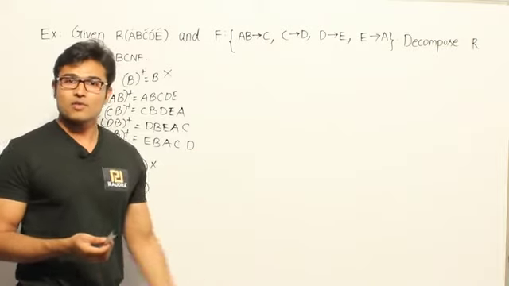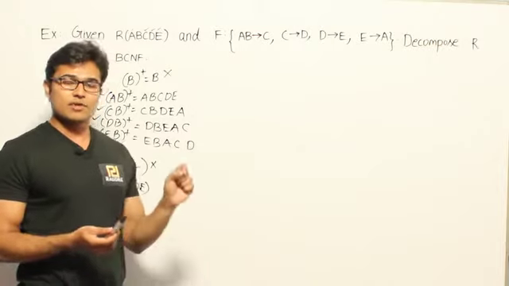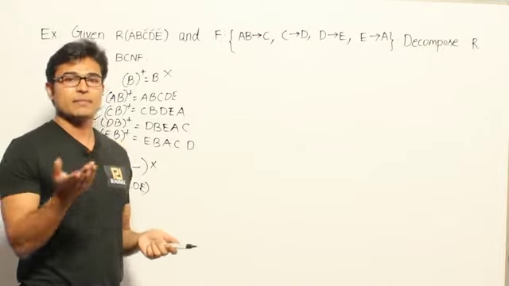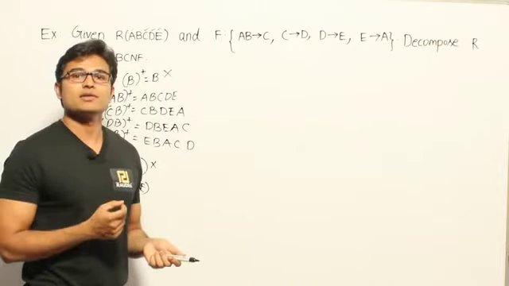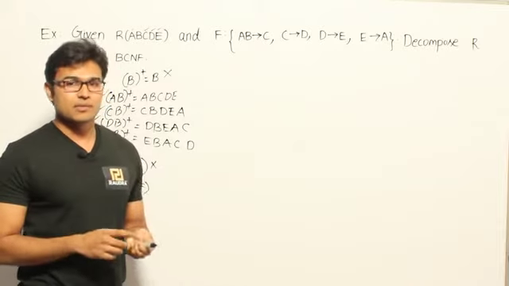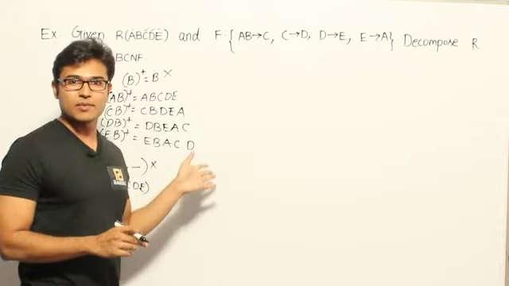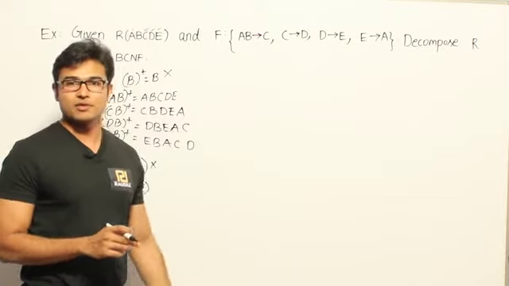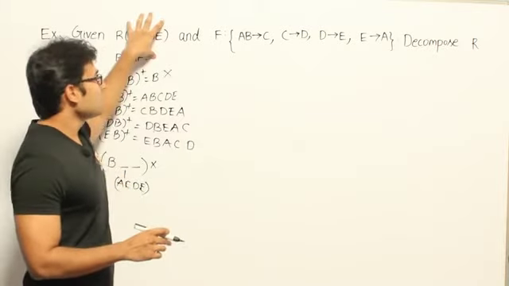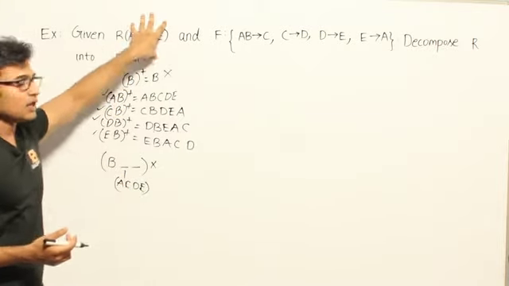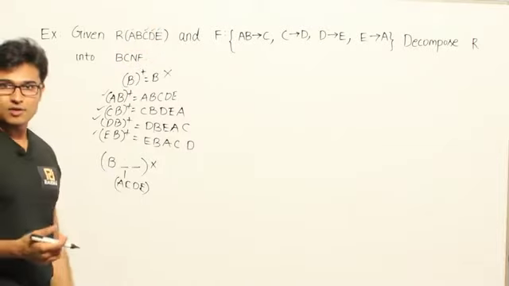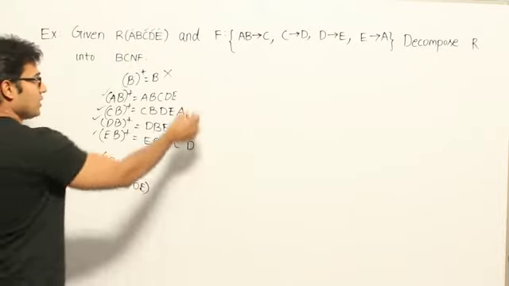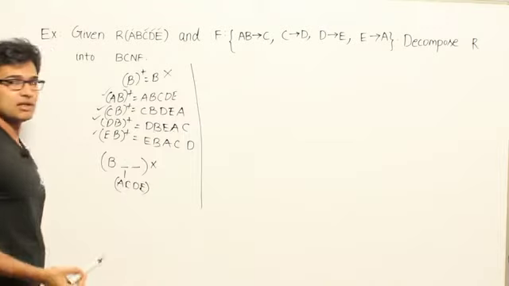Or according to the formal definition of third normal form, every functional dependency will satisfy the second condition. What is the second condition? The right side should be a prime attribute. If all the attributes are prime attributes, then the right side will always be a prime attribute. Therefore, this table, even though it is not required here, I am just telling you, this table is definitely in third normal form. Now let's try to find out whether the table is in BCNF or not.